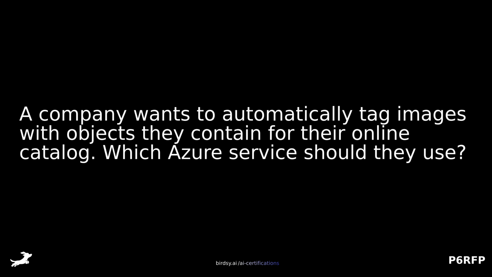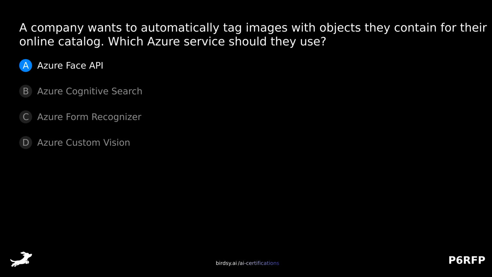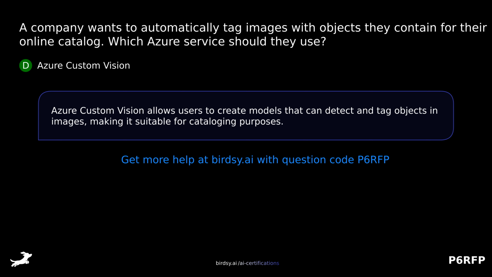A company wants to automatically tag images with objects they contain for their online catalog. Which Azure service should they use? Is it A, Azure Face API, B, Azure Cognitive Search, C, Azure Form Recognizer, or D, Azure Custom Vision? The answer is D, Azure Custom Vision. Azure Custom Vision allows users to create models that can detect and tag objects in images, making it suitable for